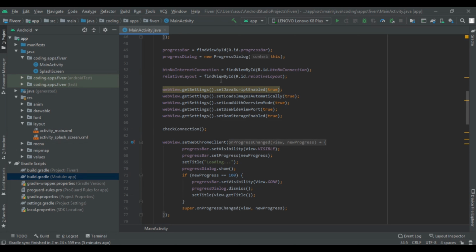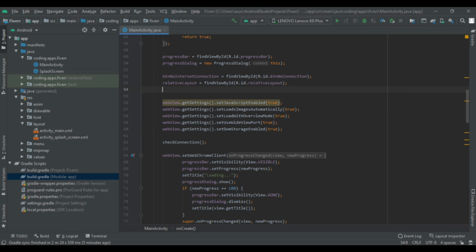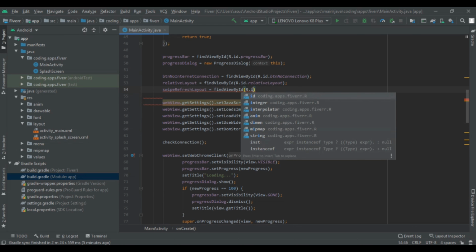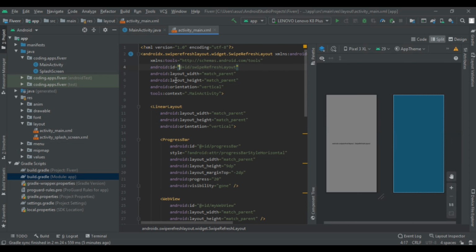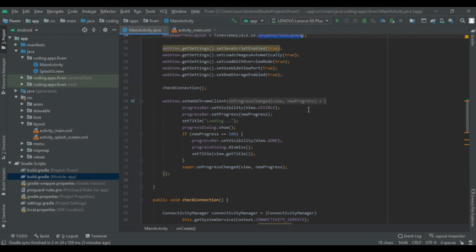So write swipeRefreshLayout is equal to findViewById R.id.swipeRefreshLayout. Now to find this, Ctrl B. So this is here. So this layout is casted in our MainActivity.java.